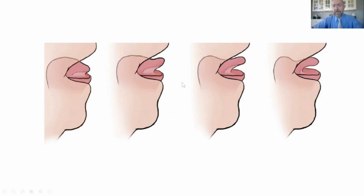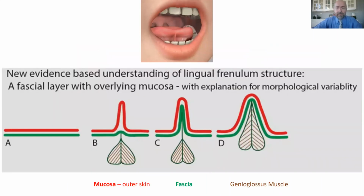Which is why some of us can have mild to moderate tongue restrictions here and not have it go, or have it go unnoticed quite often by our physicians and dentists and the like. If we examine this connection from the inside, we can see that the connection can also be variable in terms of which types of tissue it can be